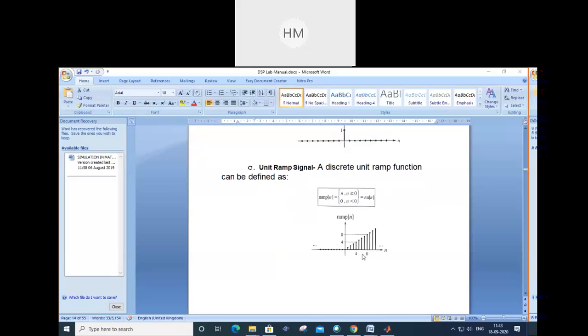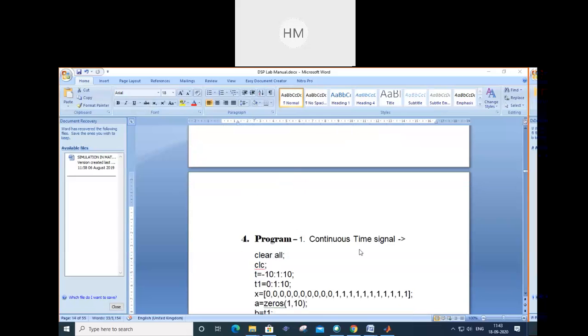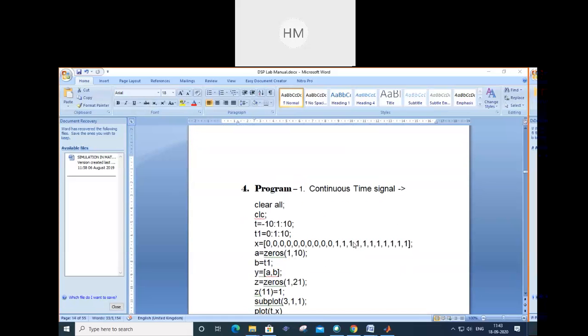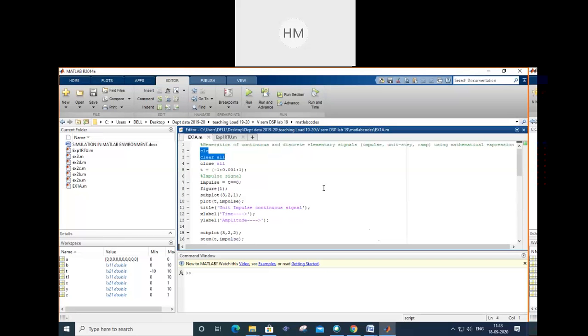So for all these things, we have to define the function. So this is one of the programs which I can write. Before writing a program, I always have to write clear all. See, this is your MATLAB window, you can see on the screen. I have written two to three programs to generate this. You can write your own program.